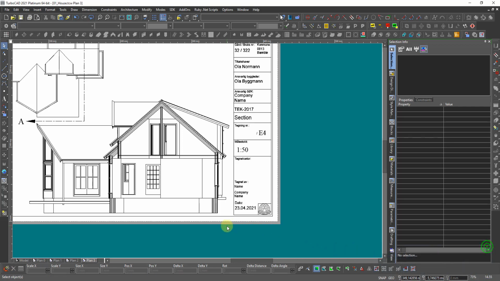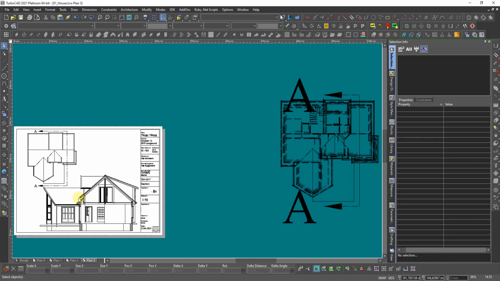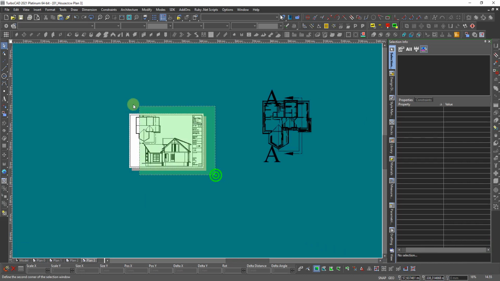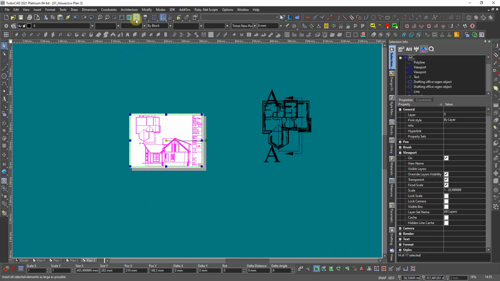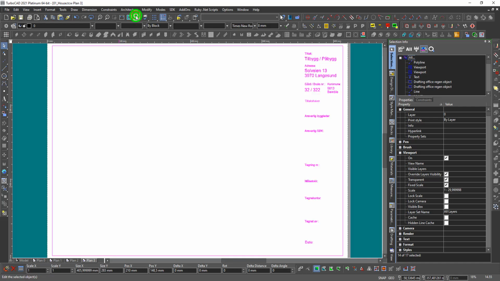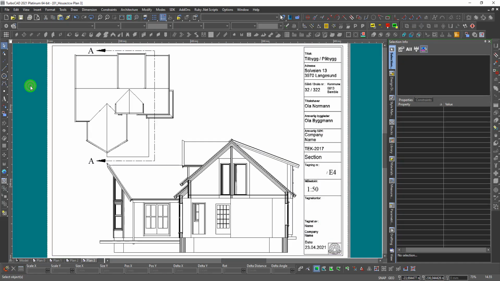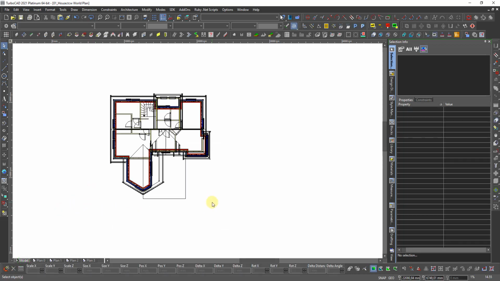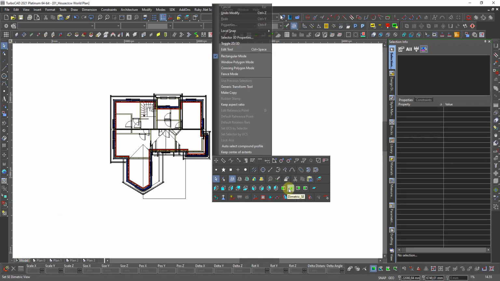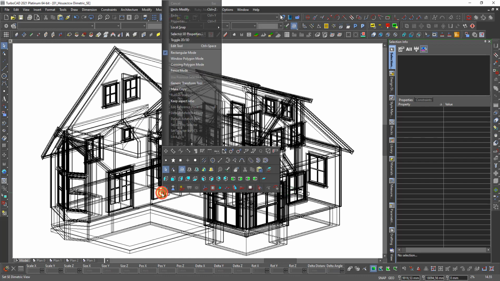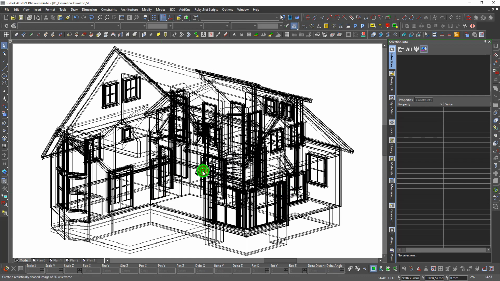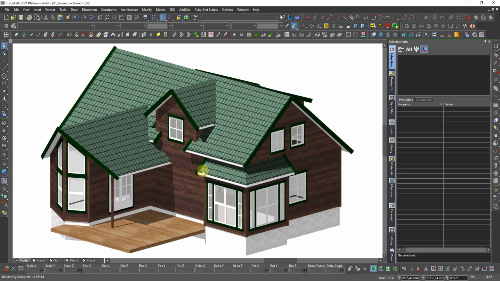Minimize it. I can select only this, and I can click on this one, zoom selection. Then we see this. That's what I want to see. And I go back to model space, and I see it from the side, and I go in quality, and I say